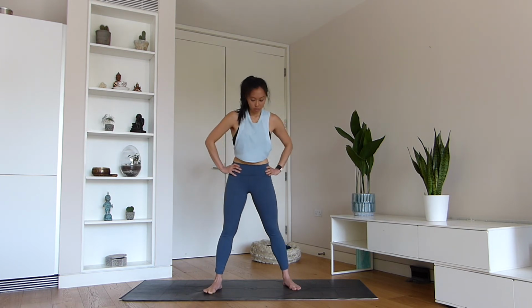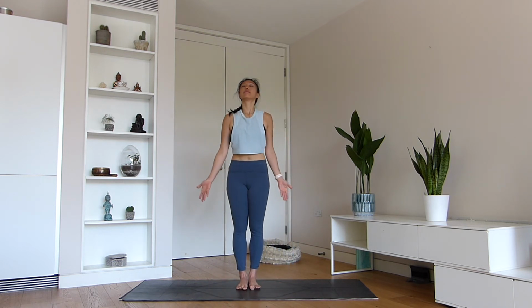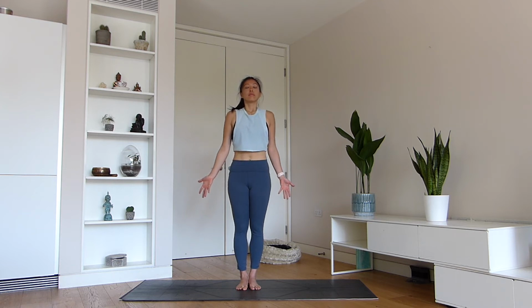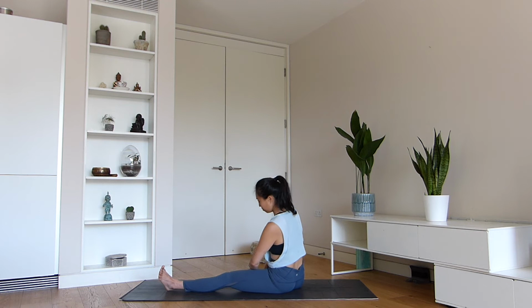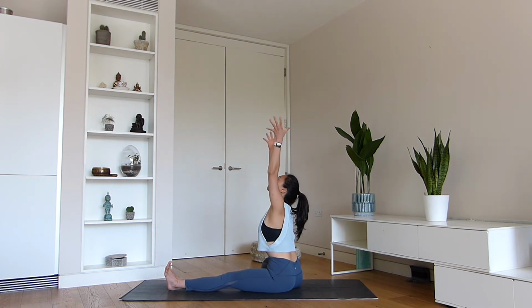Good work, everyone. From here, bring your feet together, palms to face the front of the mat. Take a few centered breaths in your mountain pose. Stand up tall, lengthen the whole body. Find yourself in a seated position and bring the right foot to the inside of your groin, arms up as